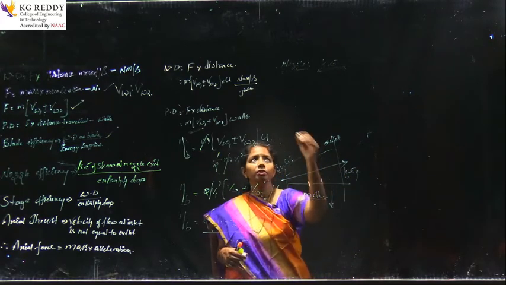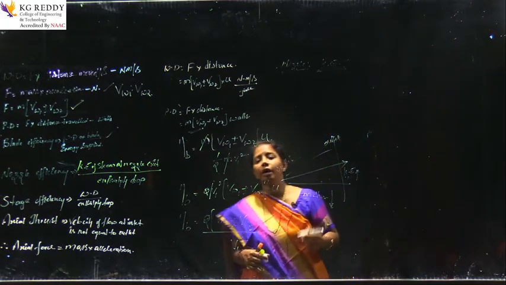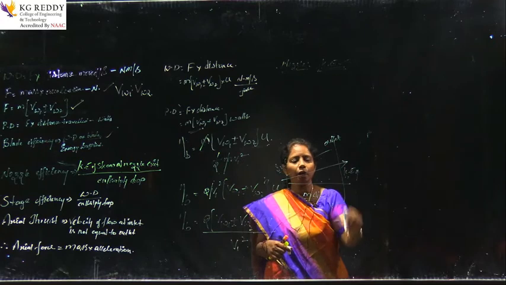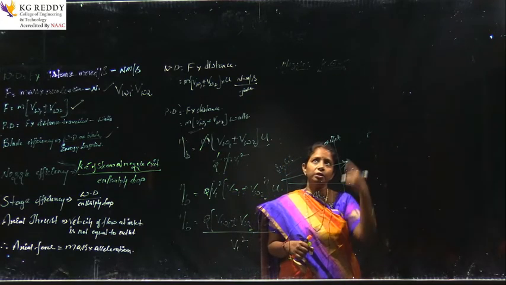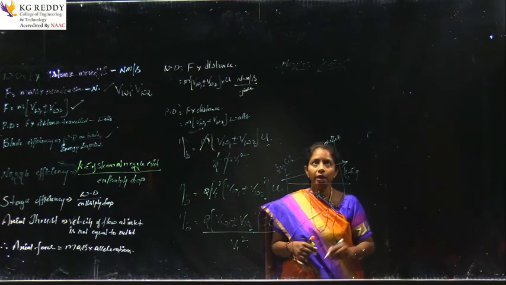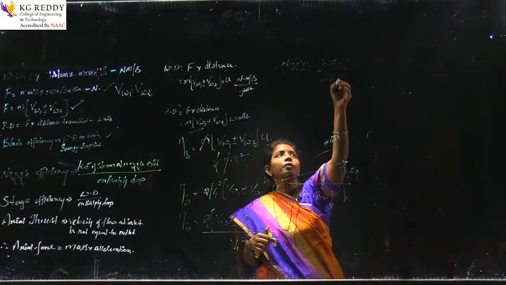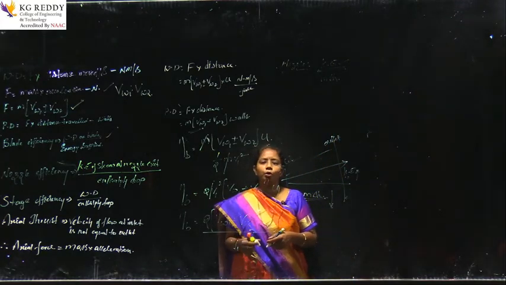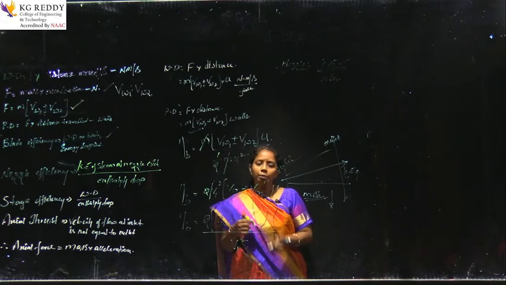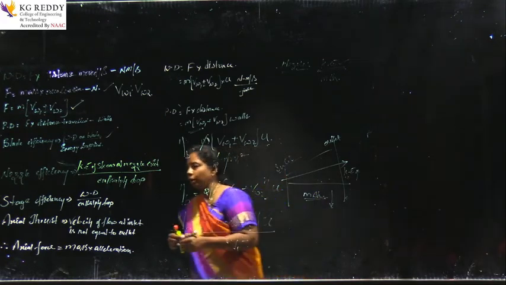With this relation, the nozzle efficiency is the kinetic energy, since we are going to have the maximum kinetic energy at the outlet of a nozzle. That is the reason we have chosen the kinetic energy at the exit of a nozzle, in ratio to the change of enthalpy. The change of enthalpy is like the pressure drop per the mass flow rate flowing through the nozzle. Is this clear now to everyone?